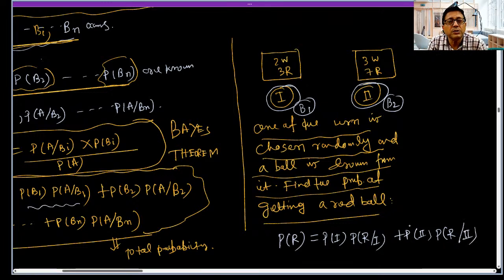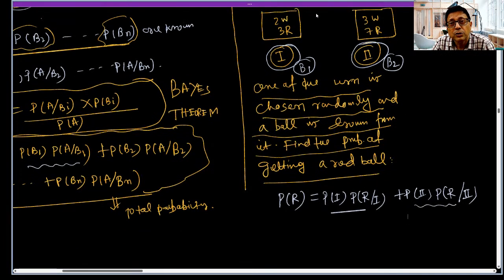This is common sense also. The formula also has some common meaning. When you are selecting one of the urns and choosing a ball from there, it may be the first, it may be the second. First one, in this case, red from there. Second one, in this case, red from there. So,